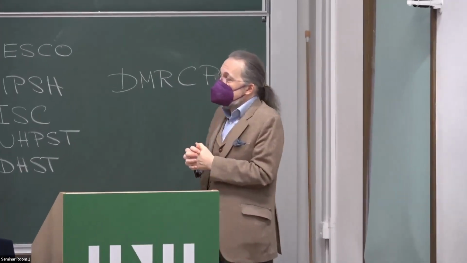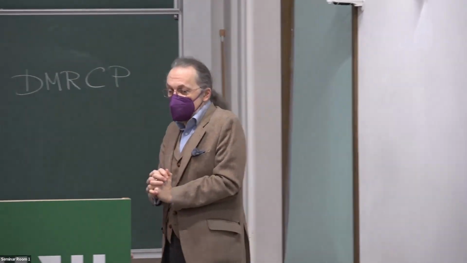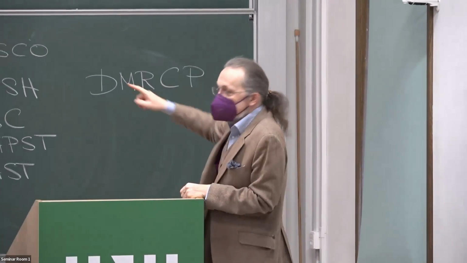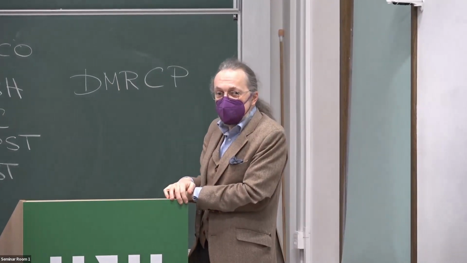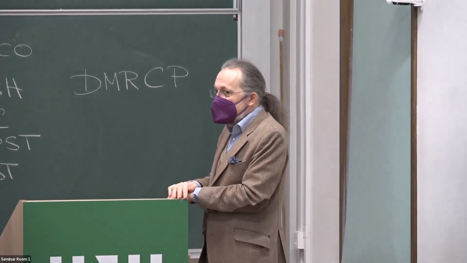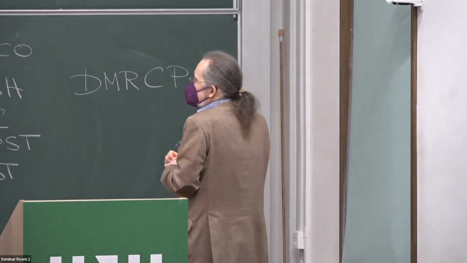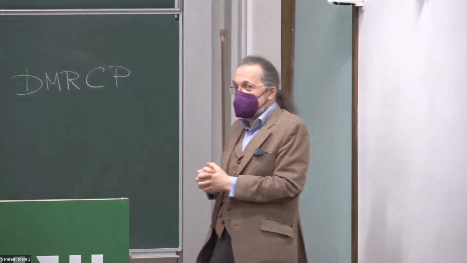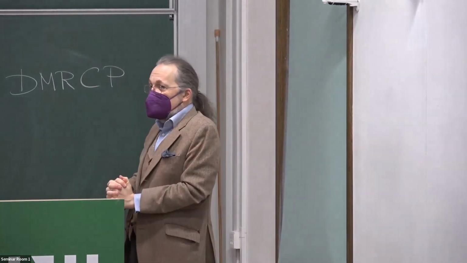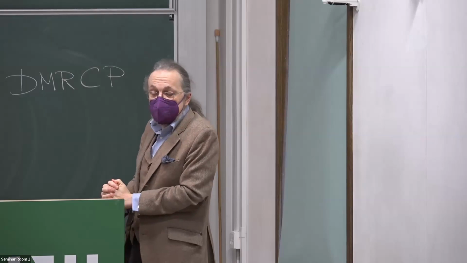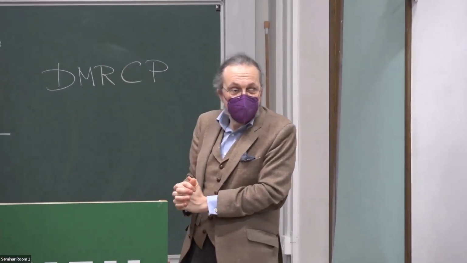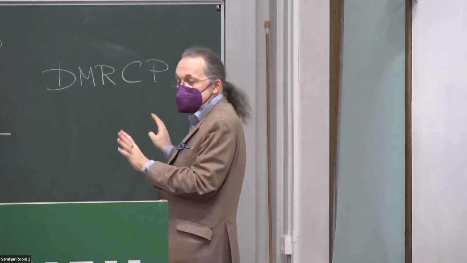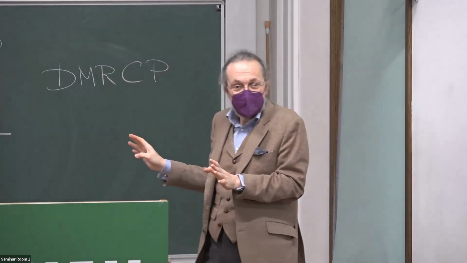So what is DMRCP? DMRCP is a SIPCH chair. SIPCH is the second acronym there. What is a SIPCH chair? What is SIPCH? Well, we are entering the mysterious world of global science organizations, where everything has an acronym that has at least 5 letters and some more, and no one has any idea what these institutions actually do.